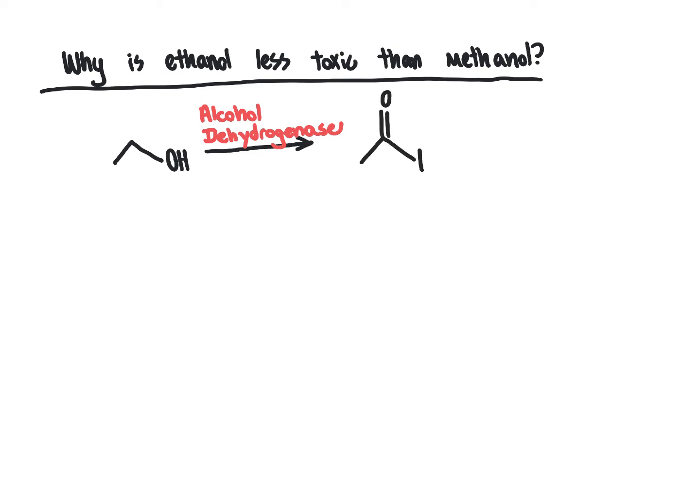And the first thing it's going to oxidize the alcohol molecule to is this 2-carbon aldehyde. So we go back to that typical oxidation chemistry here, but in this case, our reagent that's carrying out the reaction is the alcohol dehydrogenase. That's the catalyst of the reaction, it's the enzyme that is greatly speeding up the body's conversion of our ethanol starting material into our aldehyde product. And this particular 2-carbon aldehyde product is referred to as acetaldehyde.